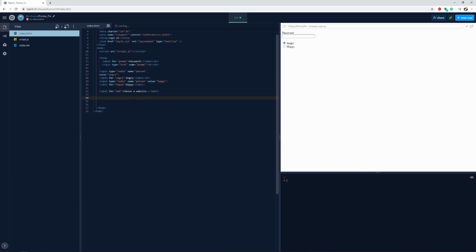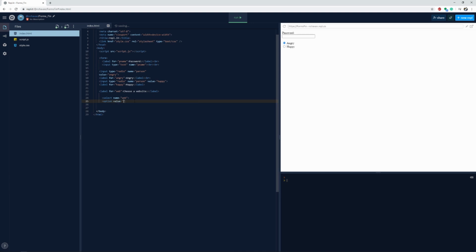And then we're going to put in select and name, because we're doing a select drop down, name, web. And this is just basically connecting the threads using the name and the values, so they all know where to go. And we're gonna put an option